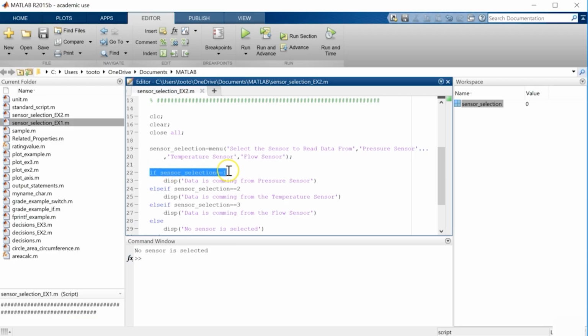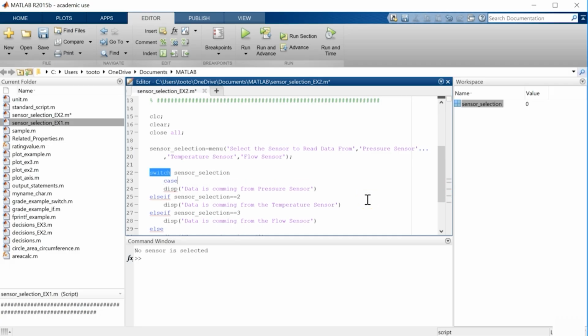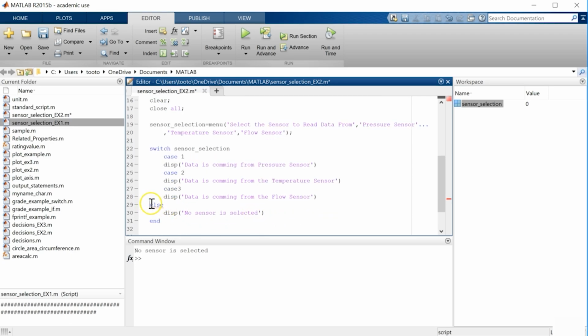And instead of this, I can say switch sensor selection, and then in case 1, this one. Case 2, which is the temperature, then display this one, and then case 3, display the flow sensor, and instead of else, use otherwise. So pressure sensor 1,